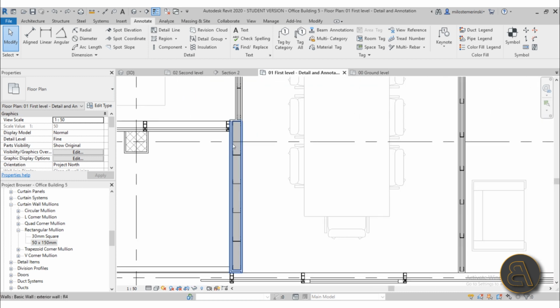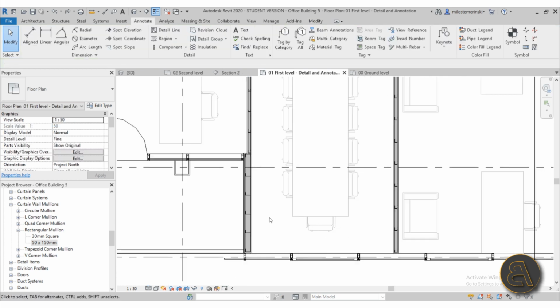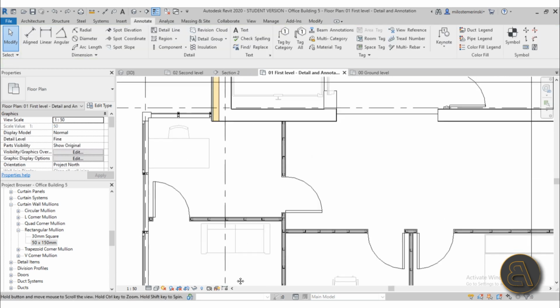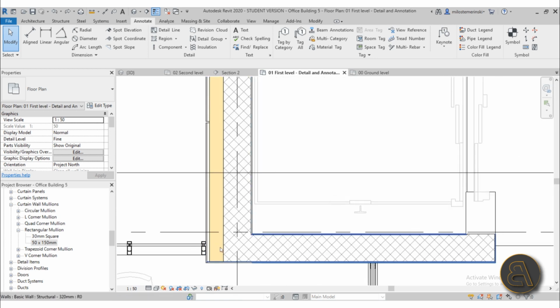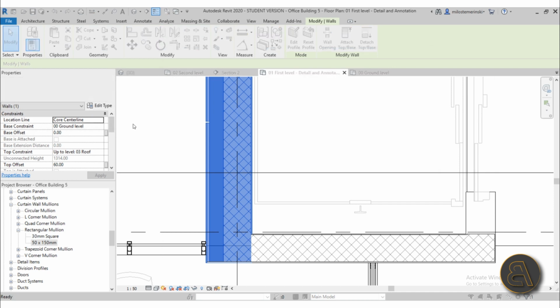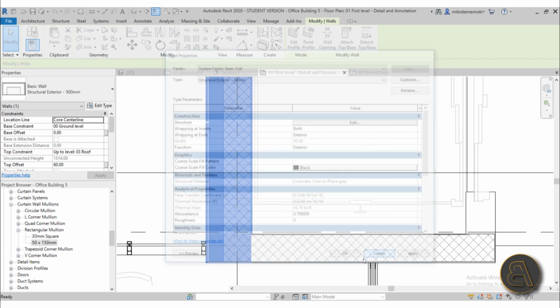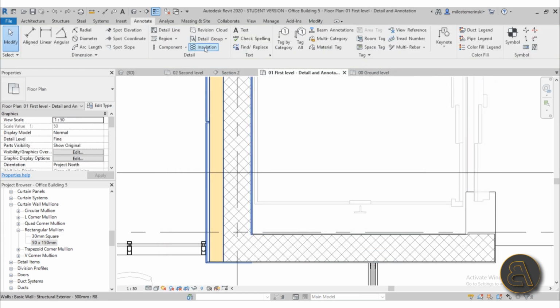Here we have an exterior wall, but it doesn't really have any representation of thermal insulation. So it would be a good idea to enter that. So how you determine basically your insulation is you select the wall, and then I like to go here into edit type and just open up the structure of the wall just to see how wide is the layer. So it's 15 centimeters, and let's cancel out of that, and then what I like to do is go here